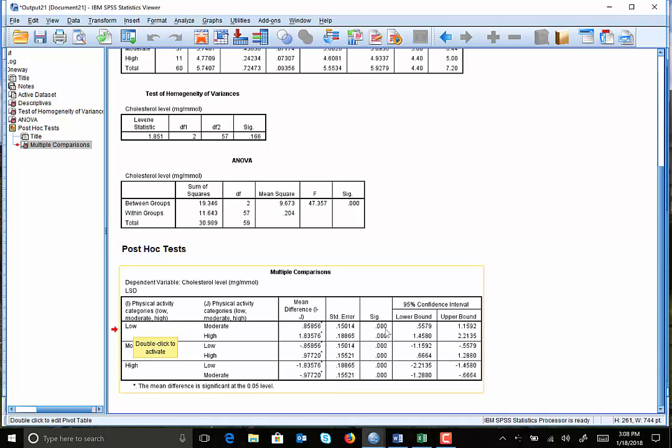We see the p-value is smaller than 0.05. We conclude there's a significant difference in the cholesterol value between the low and the moderate physical activity groups. The second row compares low with high, so categories 1 and 3, where there's a difference in mean cholesterol value between the low and the high physical activity group, and we see that this difference is also